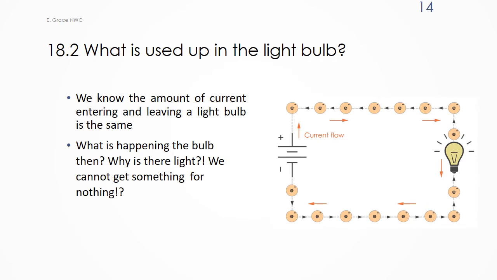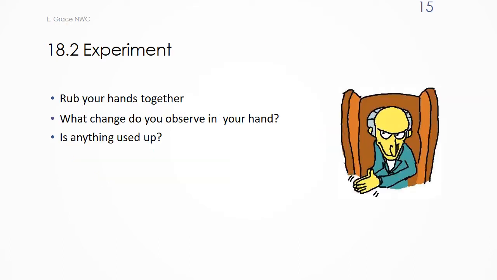But you might be saying, what is being used up in the light bulb? We see light, so you can't get something for nothing. We have certainly learned this in physics. So it's time for everybody's favorite experiment. Rub your hands together. What change do you observe in your hands? Are they a little bit hotter? Is anything used up? And of course, the answer is